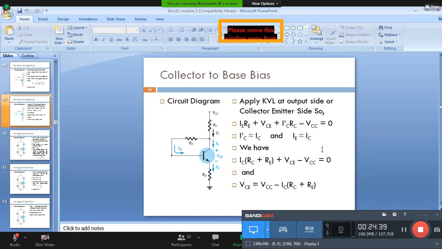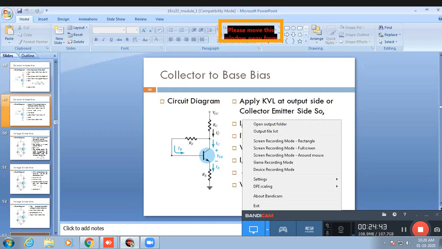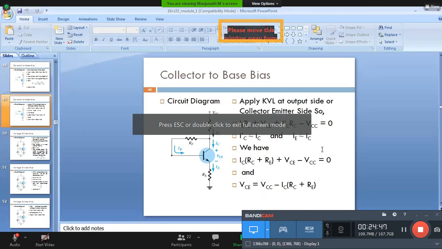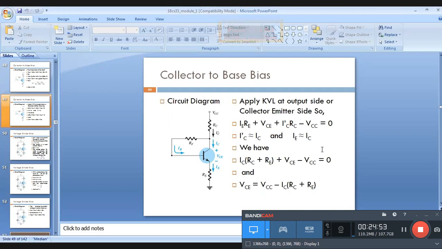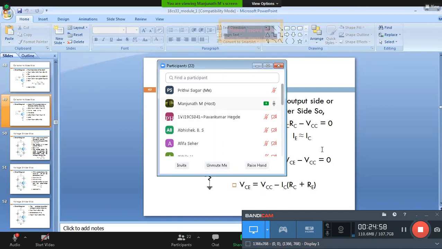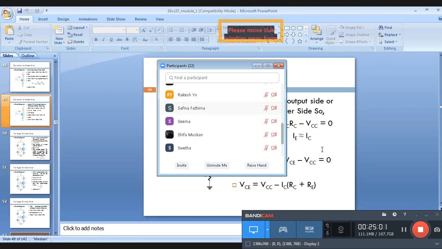Take the circuit shown in the figure. Note down, everyone. For the circuit shown in the figure,